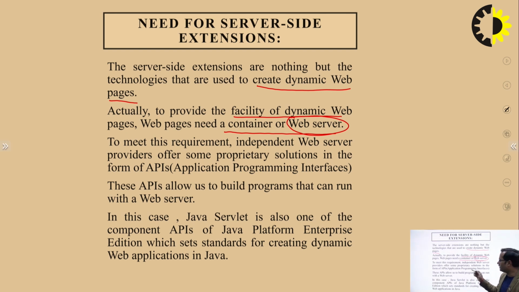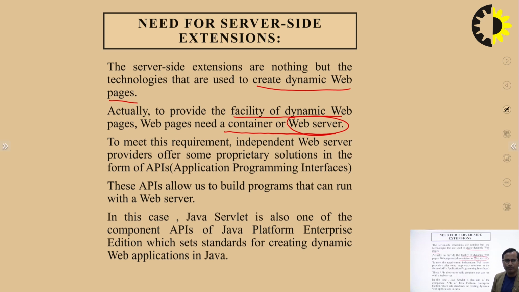We also need some client programs. So we need a client program to send the request and then to receive the responses. To meet this requirement, independent web servers provide some solutions in the form of APIs, application programming interfaces. There are various types of web servers available in the market, and we can use them according to our requirements. These APIs allow us to build programs that can run on the web servers, and by using these APIs we can write programs that can run on the web server and are able to create